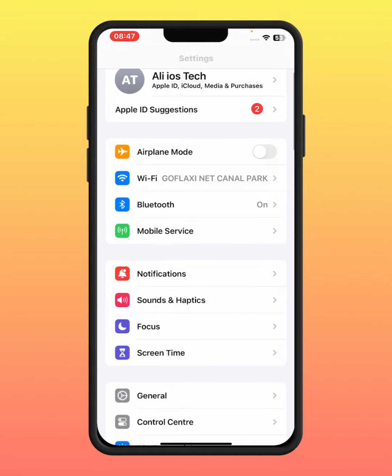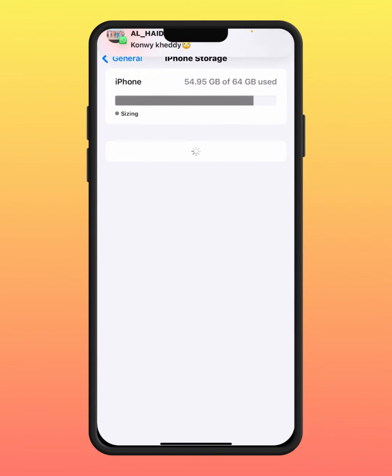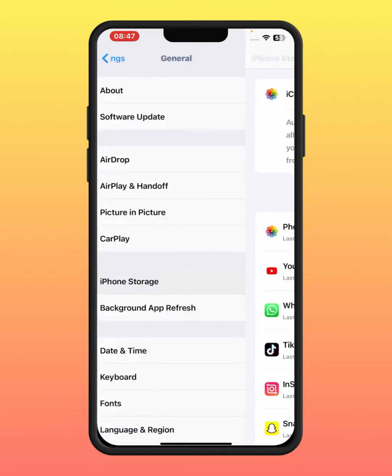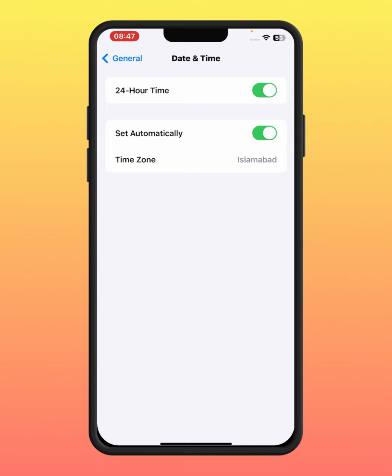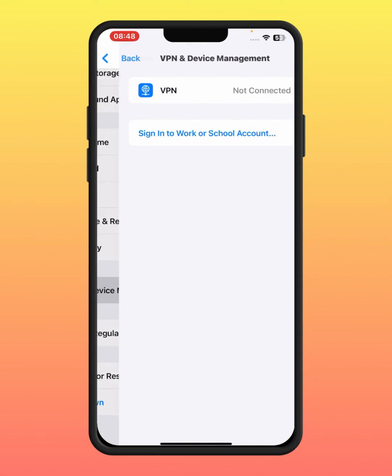If the problem is not fixed, then scroll down, tap on General and tap on iPhone Storage, and from here make sure you delete useless apps. After that go back and tap on Date and Time, and from here make sure you turn on both toggles. If the toggles are already on, turn them off and on again and make sure you select the correct date and time, and after that go back, scroll down, then tap on VPN and Device Management, and from here